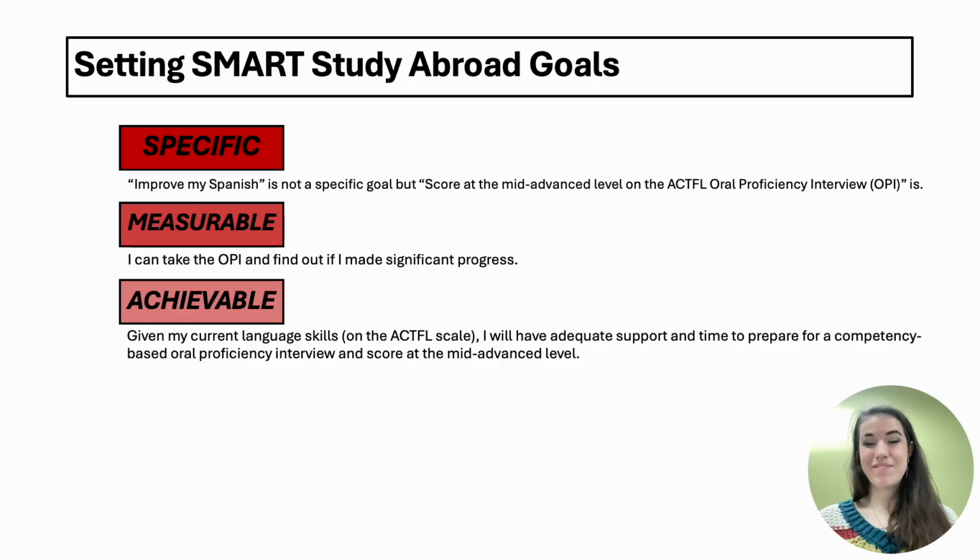Achievable, again, building on that, you want to show how you will achieve this. Like I said, I took classes while I was abroad, as well as practiced every day at grocery stores, within class, when shopping for certain fabrics for my classes. I knew that it was achievable because I was practicing every day, or I was going to be practicing every day. And I also had the chance of being in Paris previously to my time abroad, and knew that during that week that I was there previously, I saw my skills grow exponentially.